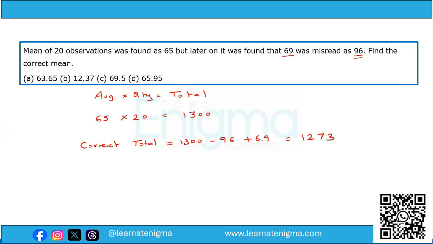1273. Therefore, the correct mean or the correct average will be 1273 divided by 20. That is 63.65. Therefore, the answer will be option A,